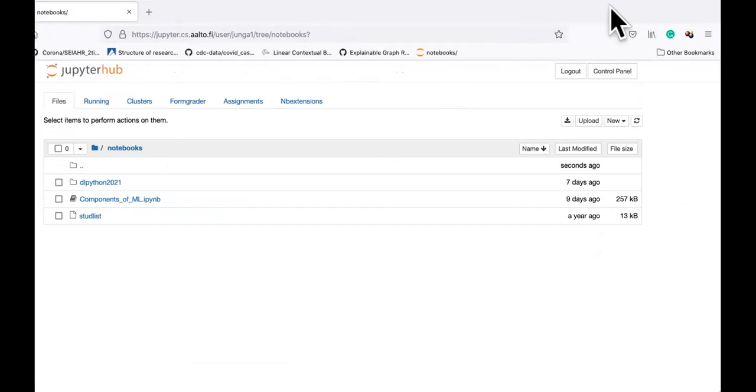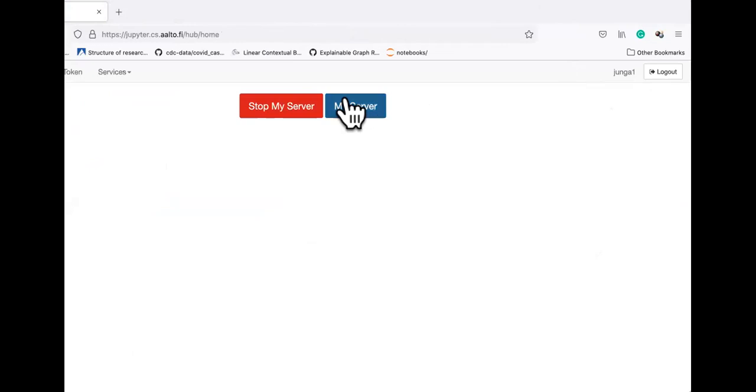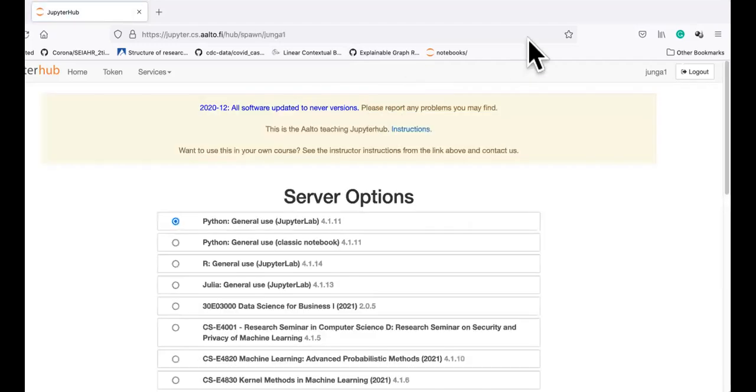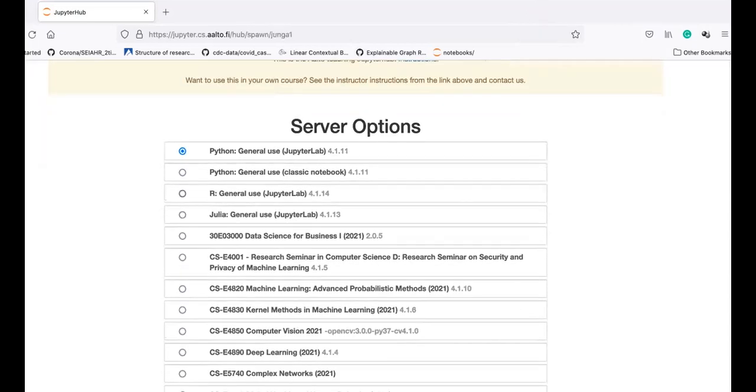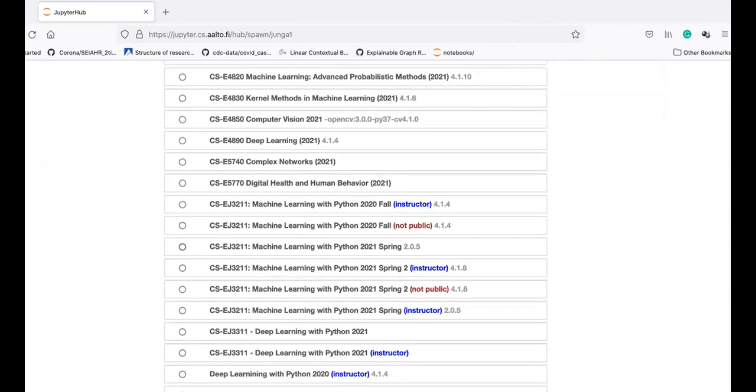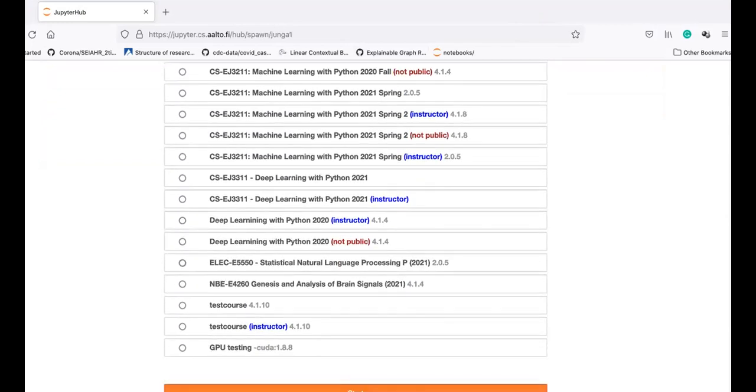And then, well, I'm already logged in, so I will stop my server connection. Basically, this Jupyter Hub is a big computer, and every time you log in there, you get your own share of this big computer. So you get a virtual user account on the department Jupyter Hub server, and you can choose between different options for this account that you start up when you connect to the server. And of course, for our course, the option deep learning with Python is most interesting.